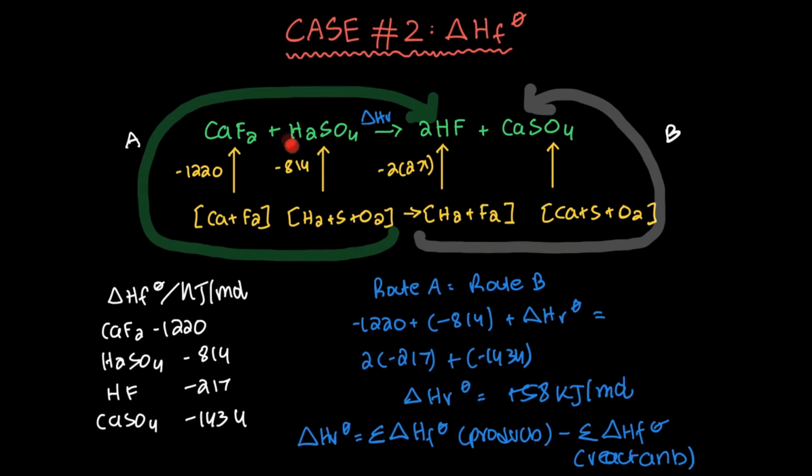To form H2SO4, you need hydrogen, sulfur, and oxygen. Now, since there are 4 oxygens, you're going to be needing 2 moles of oxygen, but I've only written 1, because for the purpose of this, you don't really need to take into account the amount of moles that you need to form the substance. I'm just writing down the basic reactants that are going to be needed. And for this, the delta H of formation is minus 814 kilojoules per mole.